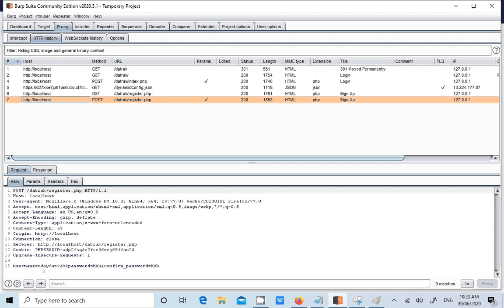Yes, all my details, username and password, are sent over HTTP. Even if it is sending only the username, you can report it as a medium level issue, guys. If the username and password are sent, then it's a high level issue. Only username is medium level, because an attacker can find out the username and do brute force attacks on it.